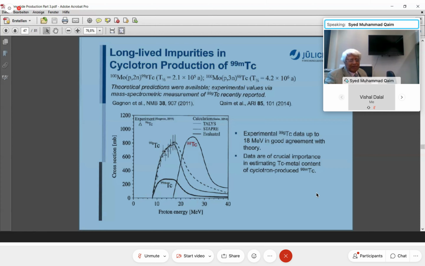The cyclotron production has a second disadvantage. The first disadvantage is that producing every day is expensive. The second disadvantage is that the impurity level will be high, technetium-99g will be there. And the third case comes now: technetium-98 may also be formed. It is only a model calculation done by us, but if you use the energy 24, 25 MeV, technetium-98 may also be formed.